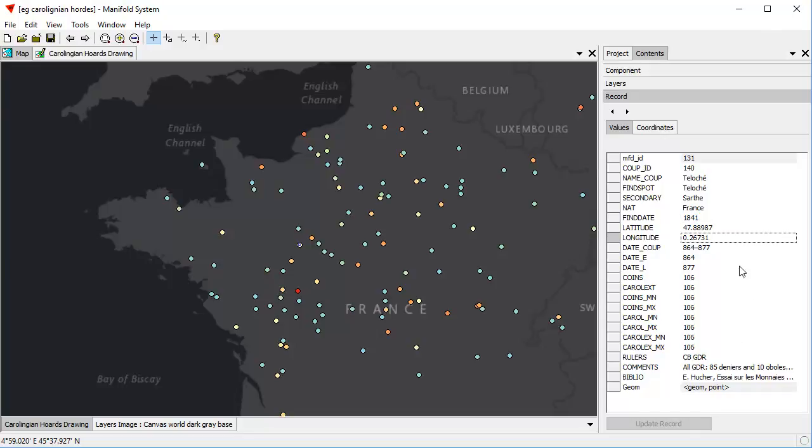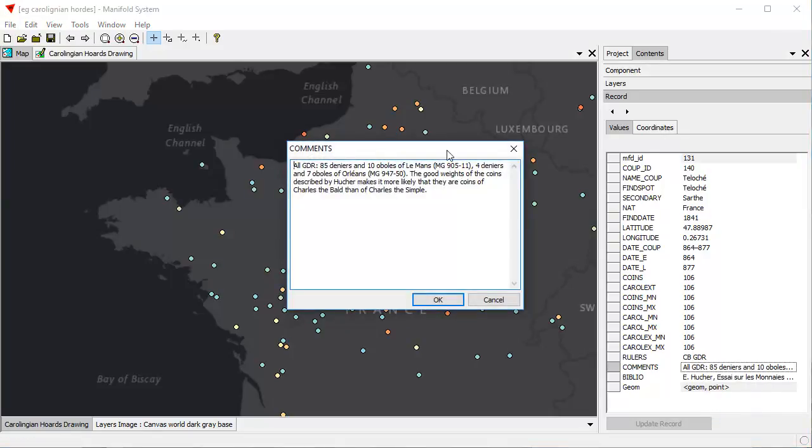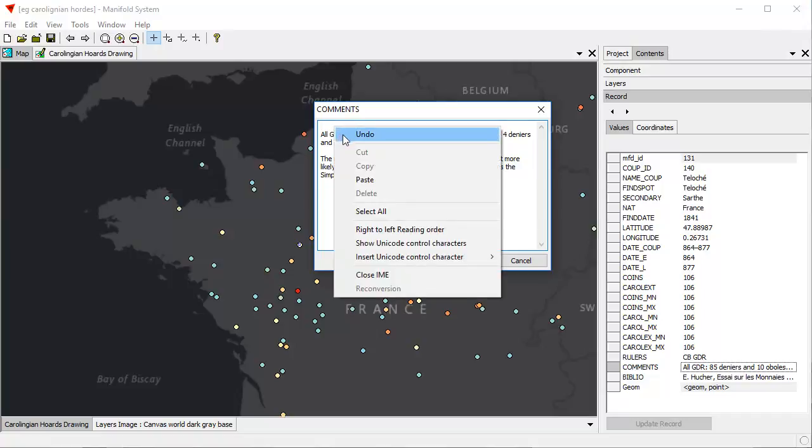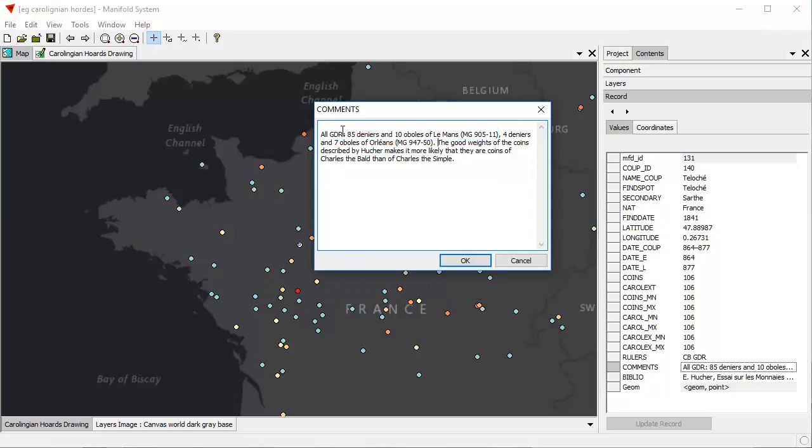Great. Let's take a look at more advanced capabilities by right-clicking on this larger field here, it's called Comments, and choosing Edit. That opens up the Edit dialog, which enables us to work with larger amounts of text than can fit into a single small editing cell. And in particular, what we're looking at here is all Unicode, and Manifold provides, if we right-click, a context menu that allows us to control various aspects of the Unicode